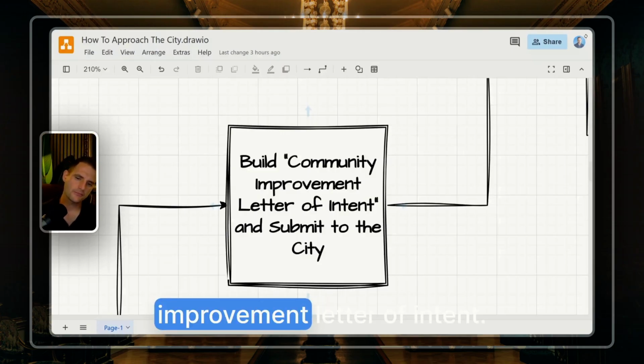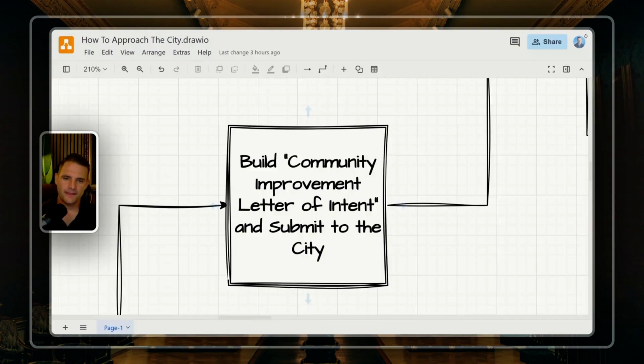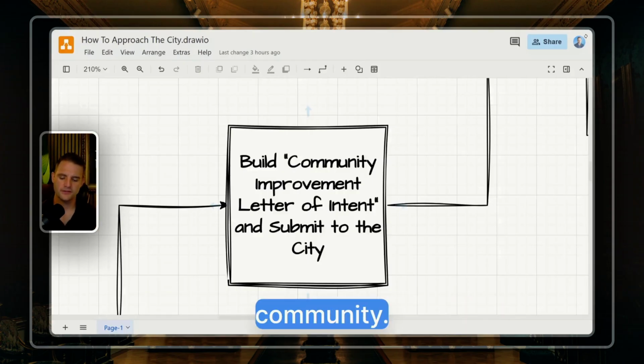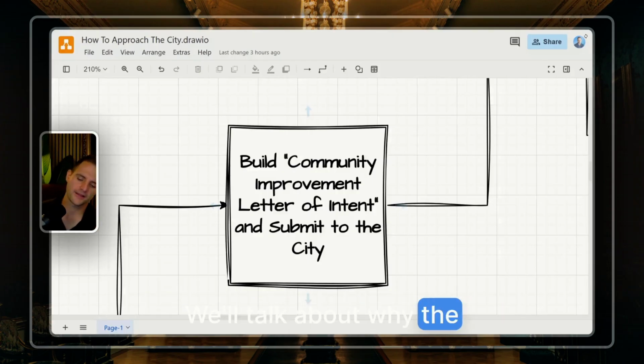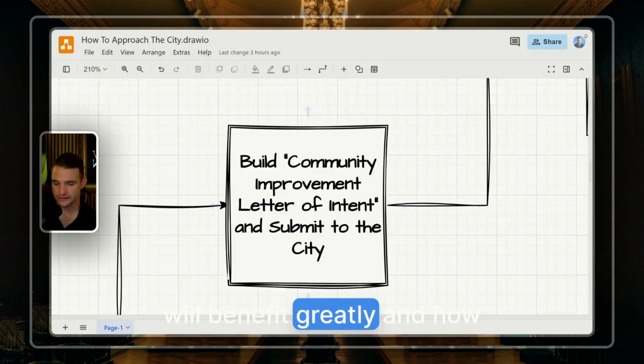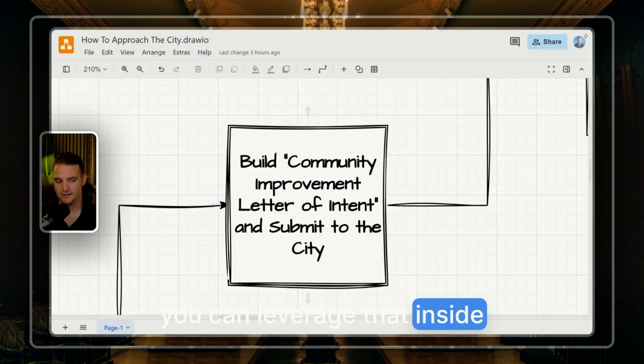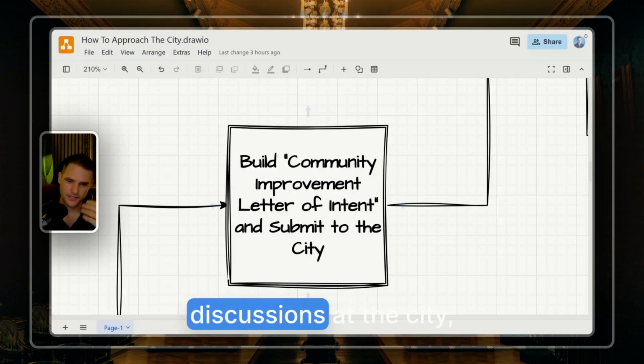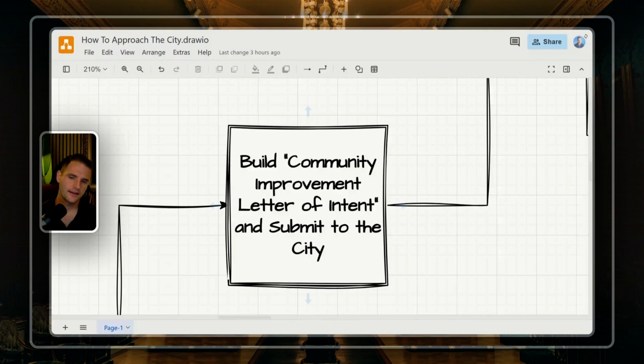We call it the community improvement letter of intent. It's a really fun way to say this is what I want to do. Community improvement is key because you are improving the community. We'll talk about why the community will benefit greatly and how you can leverage that inside of your letter and inside of your discussions at the city zoning hearings, or even at the city level meetings, either Zoom or in